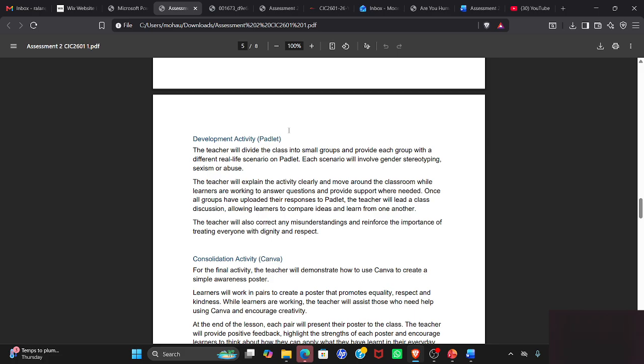Development activity, which used the Padlet ICT tool. The teacher will divide the class into small groups and provide each group with a different real life scenario on Padlet. Each scenario will involve gender stereotyping. That's where I posted my question and I gave two students, and I wrote possible responses from my students, which I thought were perfect for my, ideally,